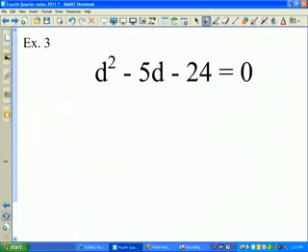Example number 3. What's different? We got an equal sign and we have two minus signs, but we're going to do the same thing. So what we're really doing with this problem is taking what we just learned about factoring trinomials and we're mixing it up with